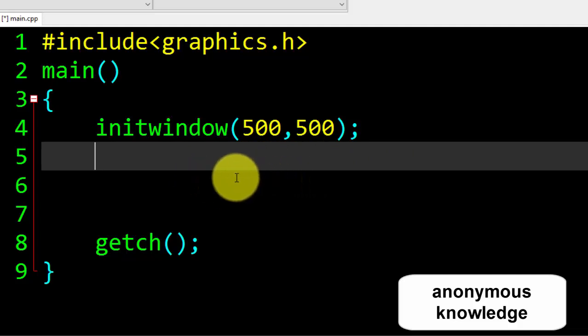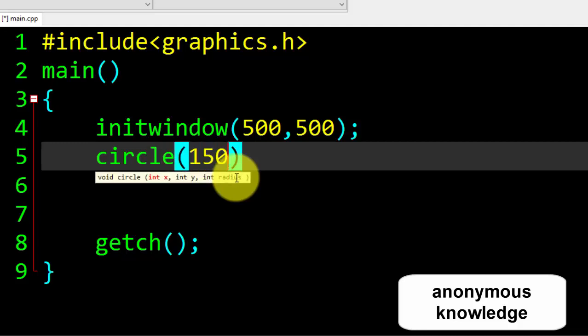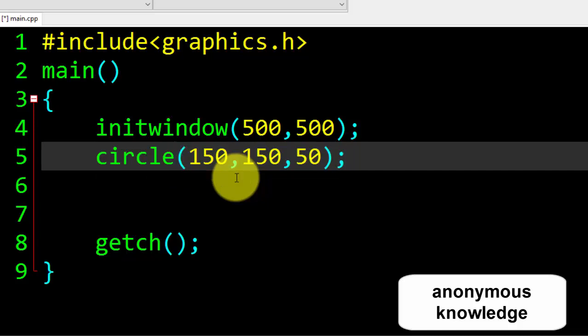So today our topic is filling color using three functions that will help us while filling color in our shape. First, I will draw a circle, so I will write the circle function. After that we have to write the x-axis position and y-axis position, that is 150, and after that we have to write a value for the radius.